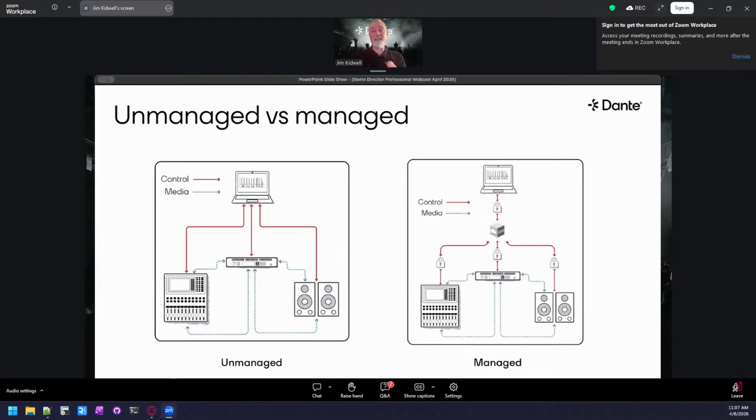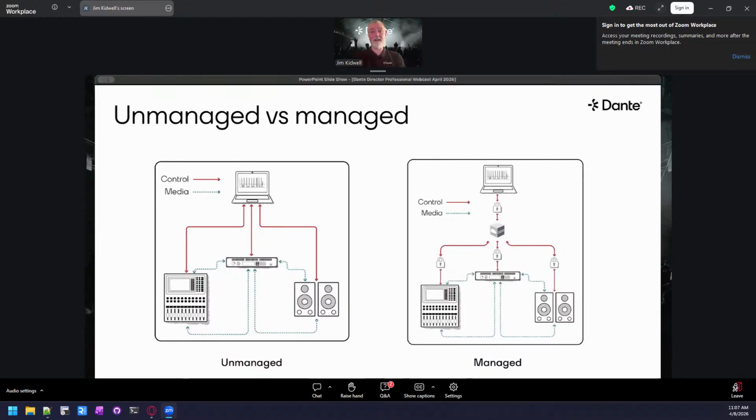When you're in a managed state, all of those devices are enrolled into management software, such as Dante Domain Manager, or what we're talking about today, Dante Director. Those systems control all of the control signals. That basically says, this is who you're talking to, this is where everything is going. And the only way you can gain access is if you log into that server. So this adds a layer of security on top of your network, and prevents any misuse of it.